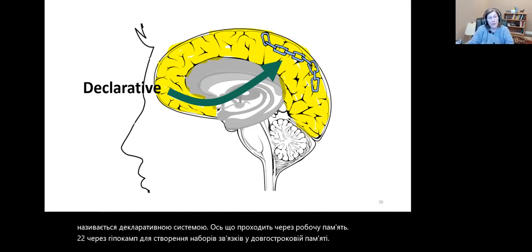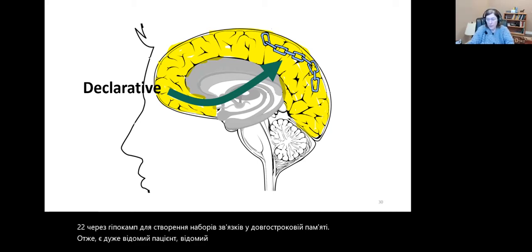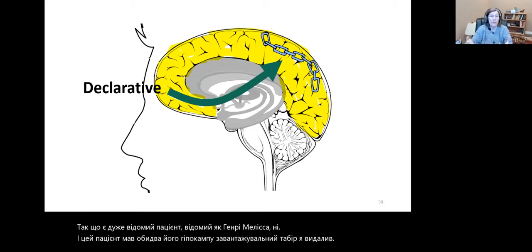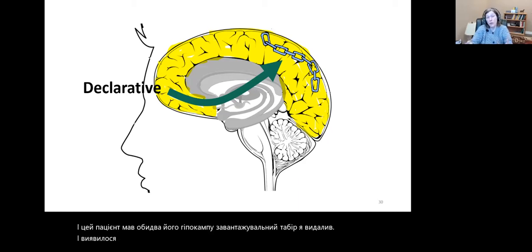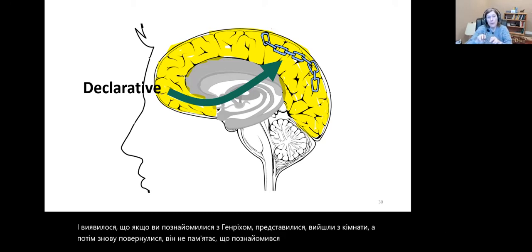There's a very famous patient known as Henry Molaison, or HM, and this patient had both of his hippocampi removed. It turned out that if you met Henry, introduced yourself, walked out of the room, and then came back in again, he would not remember that he met you, because the removal of the hippocampus meant that he could not learn new things,